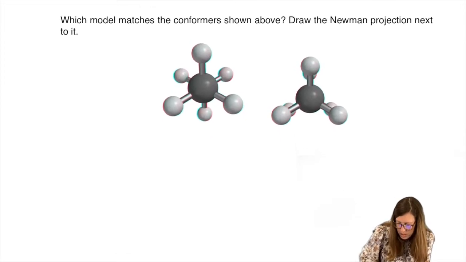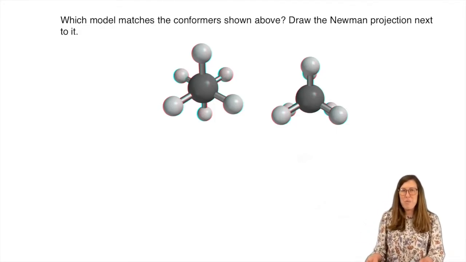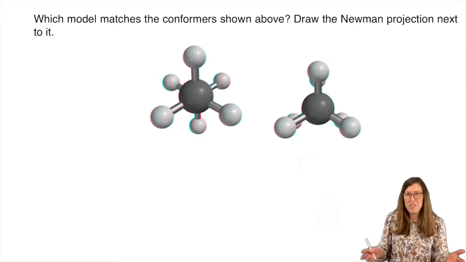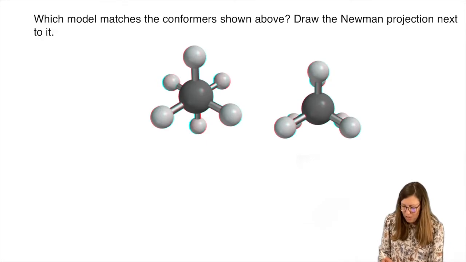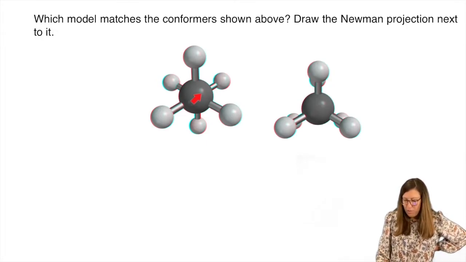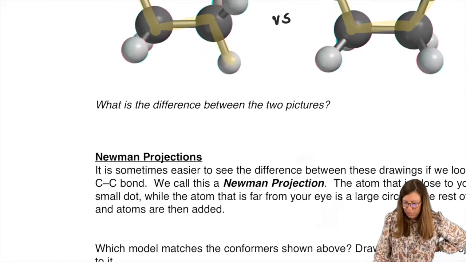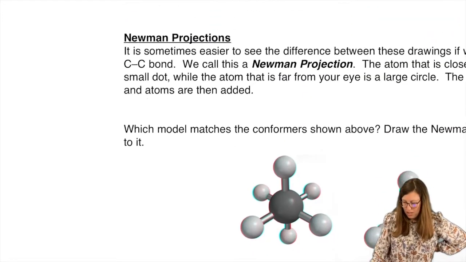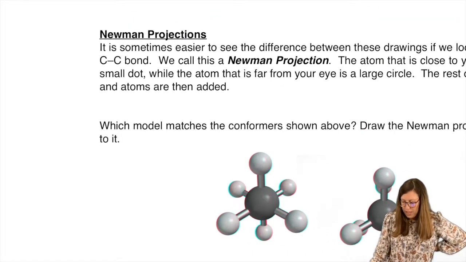All right, so we're going to get comfortable with this perspective. This is called a Newman projection. There's a specific way to draw it on paper because you can't always produce these Spartan molecular model calculated structures, right? But for the sake of seeing it in 3D, this is what it looks like. If we were able to hop into the screen or the paper and put ourselves right there, we would see this for the first case and this for the second case.